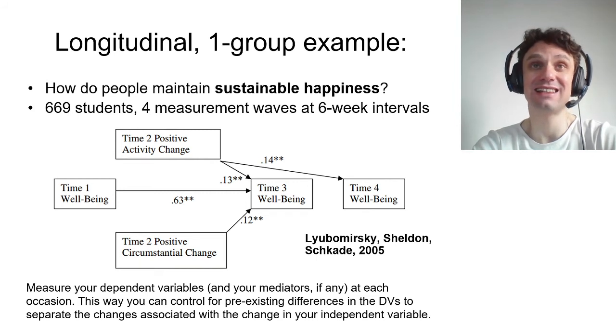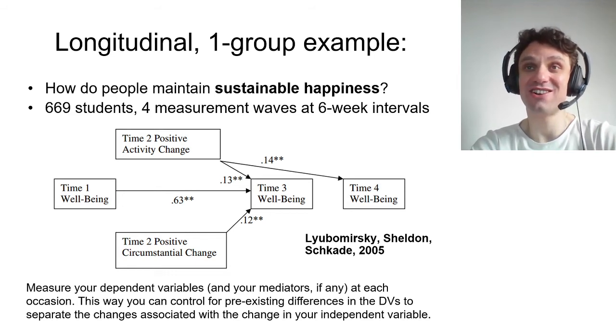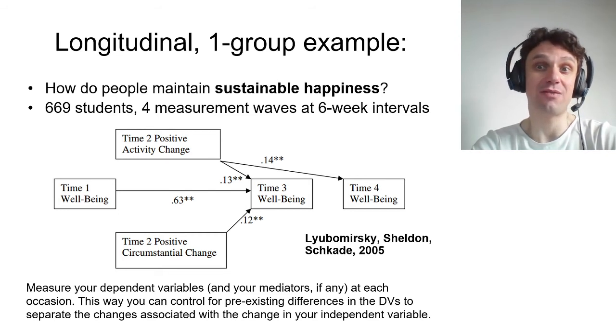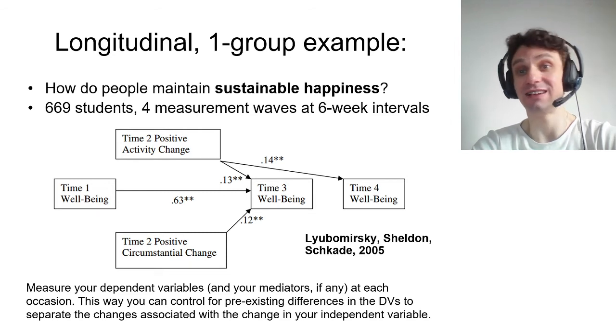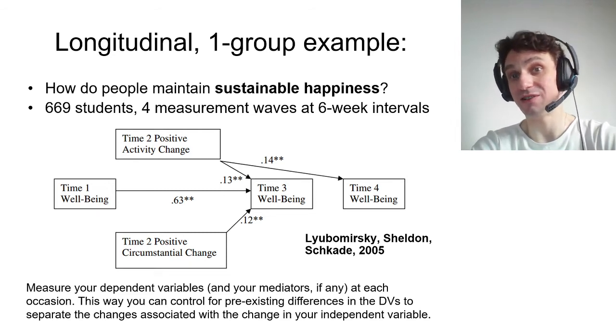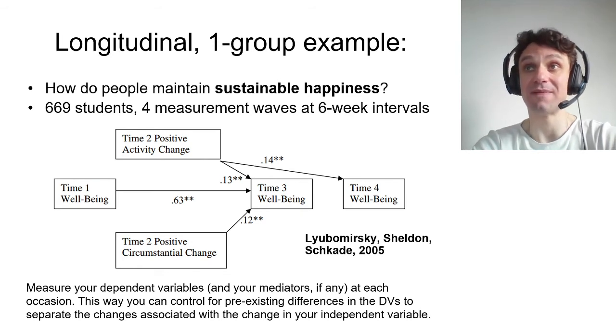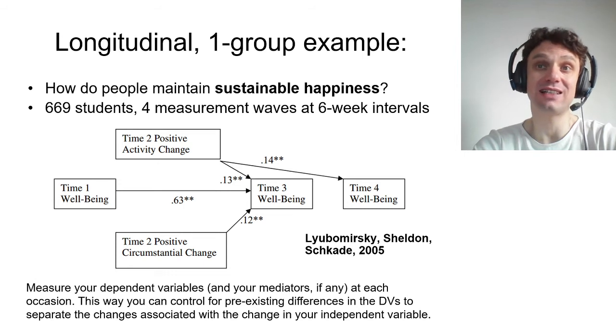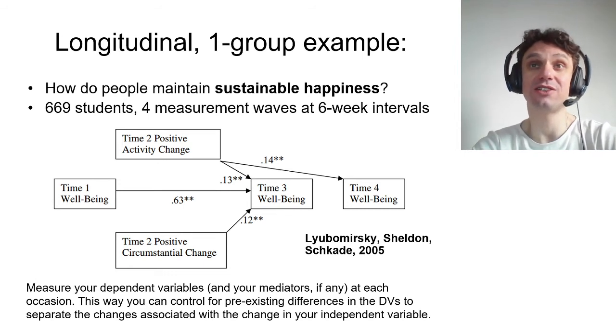In this study, they had 669 students, basically undergraduates of the University of Missouri, who were measured 4 times during the semester at 6-week intervals. First they were measured in September, then in the middle of October, then at the end of November, and finally in January. At each measurement wave, they were asked some questions about their well-being. At time 1 in September, and then at time 2 in October, researchers also included measures of positive changes in activities and positive changes